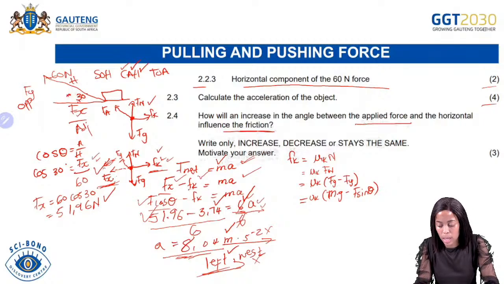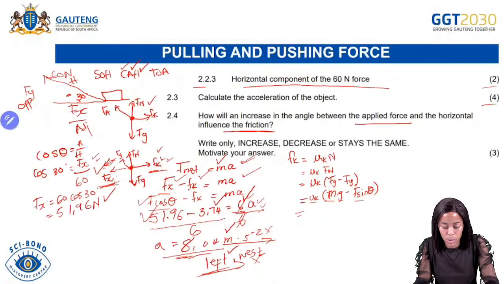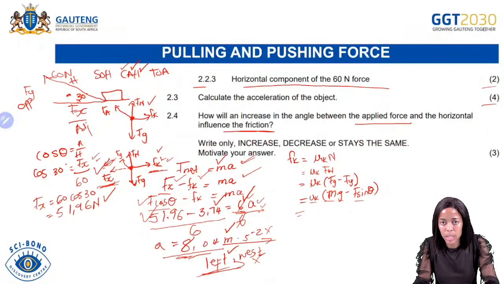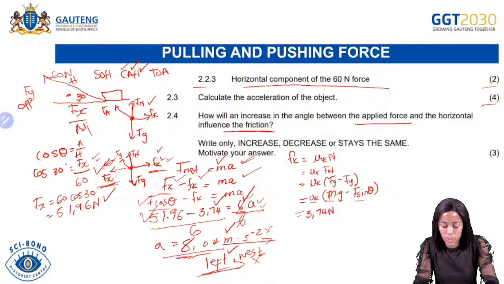So remember, we had previously calculated the friction. We substituted 0.13, and then we substituted the mass of 6, the gravitational acceleration of 9.8. We substituted all the components there to calculate the friction, and then remember, for the friction we had 3.74 Newton. So now the question is saying, if you now increase this angle of